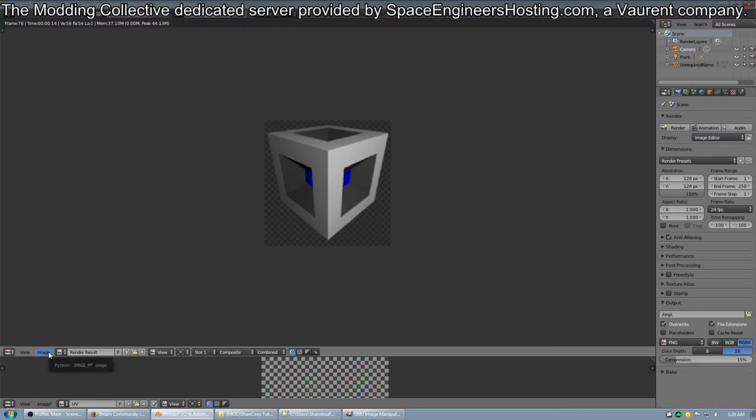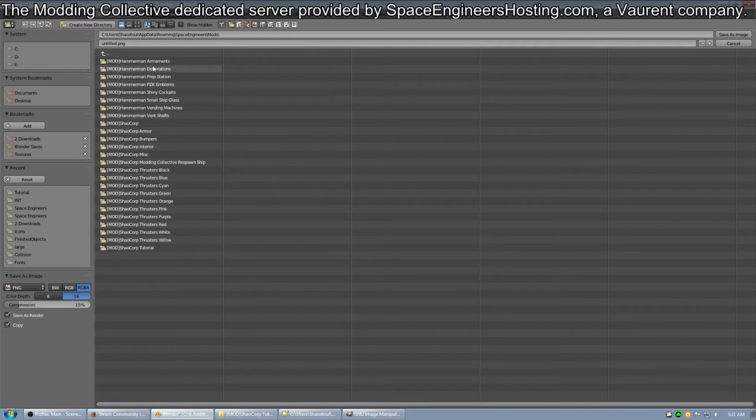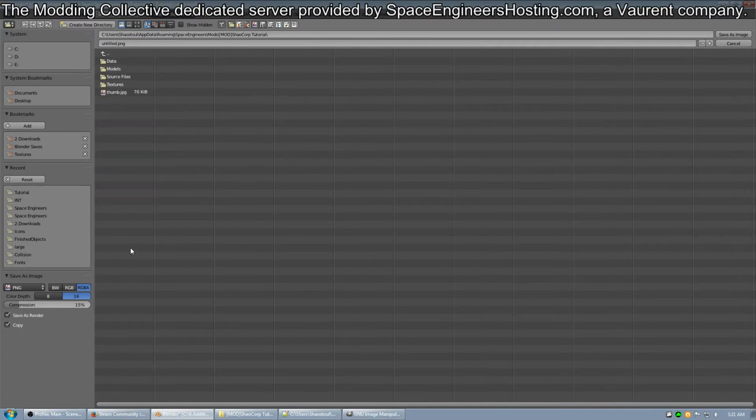Go ahead and save this by going to image, and then I'll go to save as image, and then we'll go to where I have all the mods at. I have to go back to our mods folder, to the tutorial folder, to textures, GUI, icons. And we'll just call this SC cut